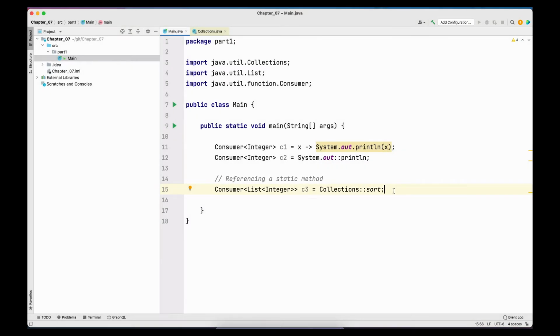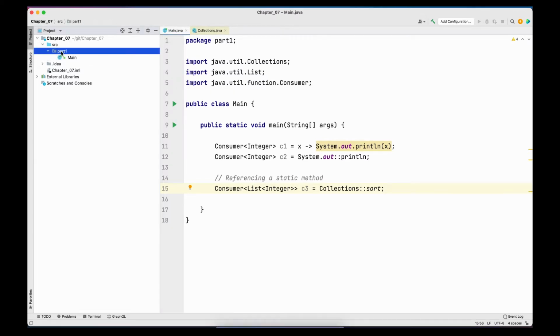And note that it's not that method reference can be used only for the methods that are already present in the library of the Java. Even if you create a method, you can use that method as method reference as long as it conforms to the consumer's requirement. Let me go ahead and write my own consumer, and we will use a method from the class that we will create as a method reference.